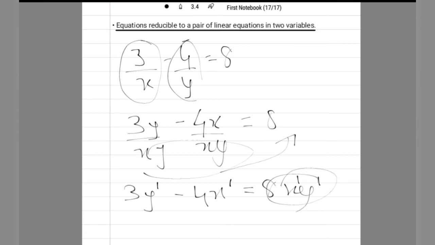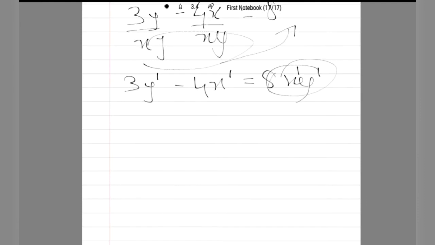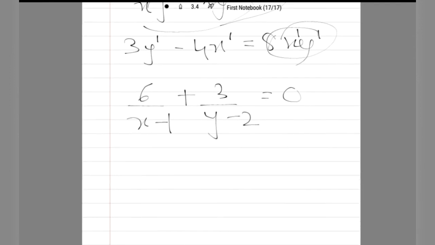And the second example of such a non-linear equation is, suppose we have 6 upon x minus 1 plus 3 upon y minus 2 is equal to 0. So here it is possible that if we take an LCM, we get a linear equation. Okay, so let's see how we should do that. So taking LCM, we get 6 into y minus 2, multiplying and dividing this term by y minus 2, upon, now I will take the whole denominator, that is x minus 1